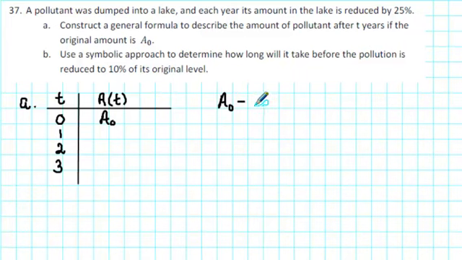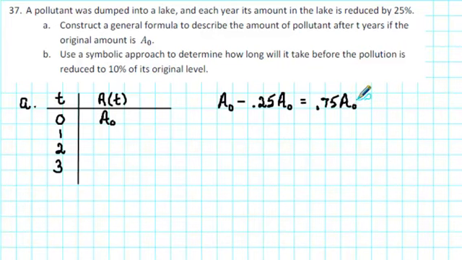A common mistake is just to subtract 25% or 0.25. But what we're doing is we're taking away 25% of the original amount. So we need to multiply the 0.25 by A subscript 0. We're starting off with the original amount, A sub 0, and then taking away 25% of the original amount. Well, what does that leave us with? We started off with 100%, we took away 25%, we're left with 75% of the original amount, or 0.75 times